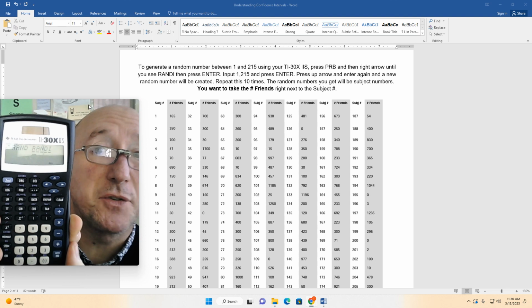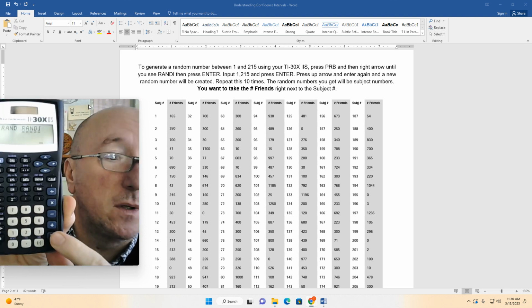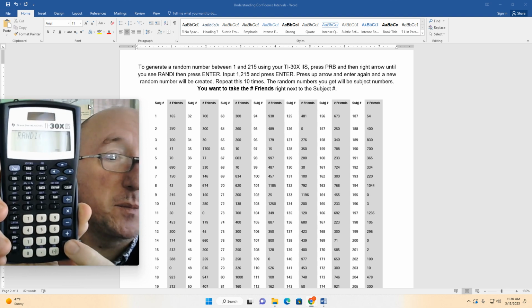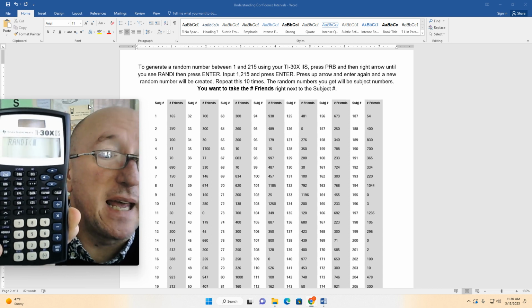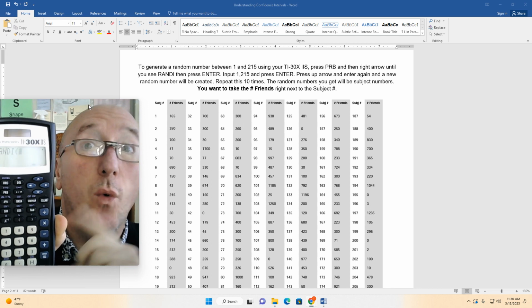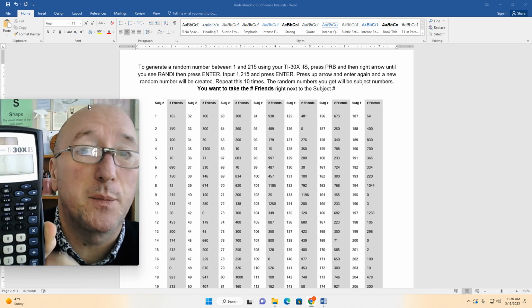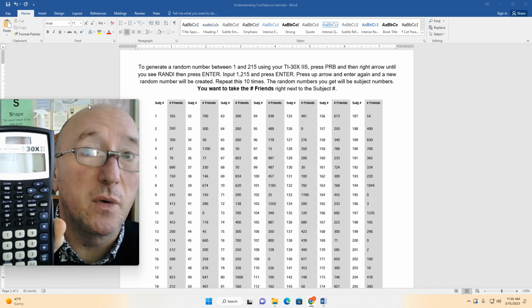And you're going to press the enter key, which is right down here, equal, and then the calculator will prompt you with the random integer function, and it's asking you for two parameters here. The one parameter is the starting number, and the second parameter is the ending number, and we want to input